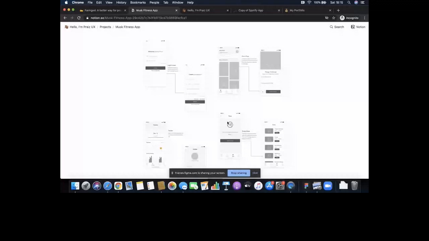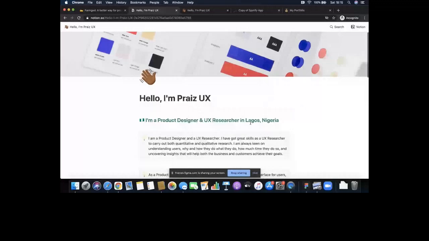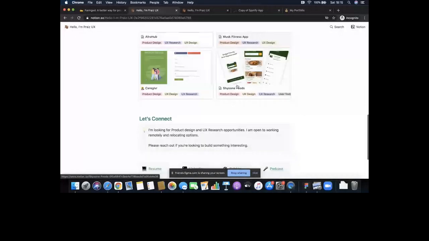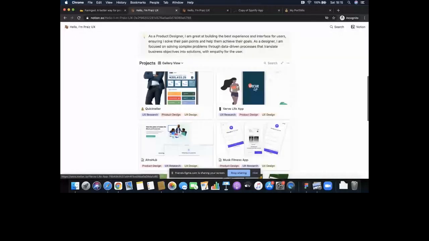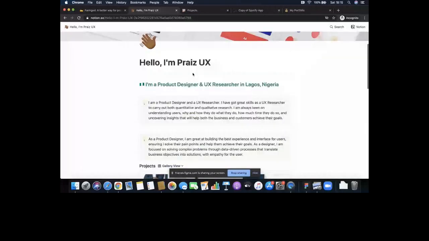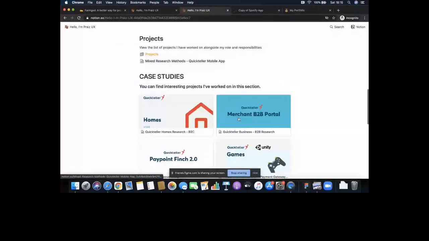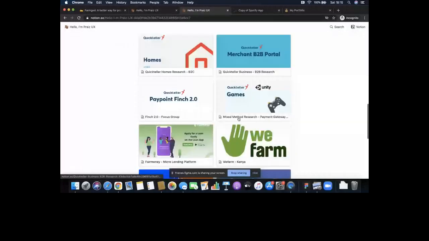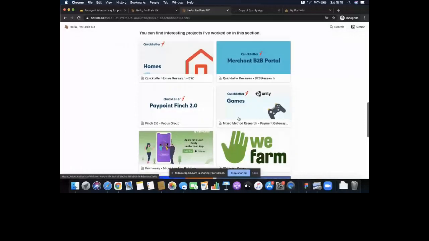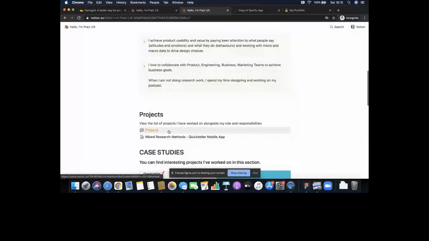So that's that. I don't think I'm forgetting any other thing that I'm supposed to talk about. Okay, so I was also going to show you all. I have so many projects, and even if I said, I'm just giving you all of this to read, it might be quite difficult. I have about 8 here. So I had this page where if you click on projects, still on Notion, I've gone ahead to list all of the projects that I've worked on.